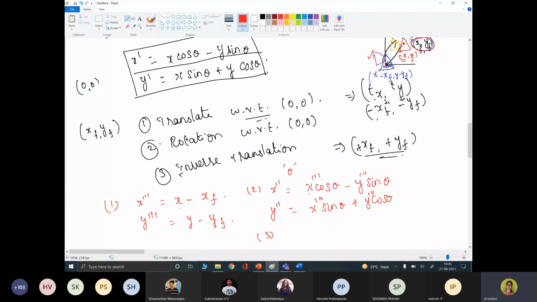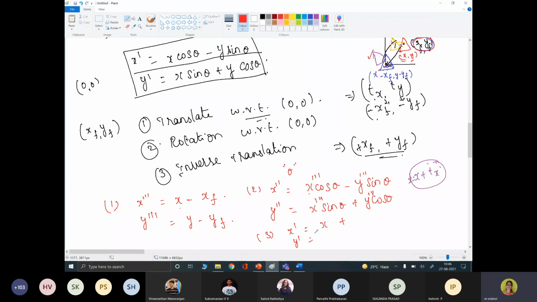Now this needs to be placed again at the proper position such that the rotation takes place with respect to this fixed point. Again, we need to apply an inverse translation for each and every pixel position. So we are getting a final x dash, y dash. What is the value we will get for this? This is an inverse translation. We know that translation is x plus tx, which is x dash.